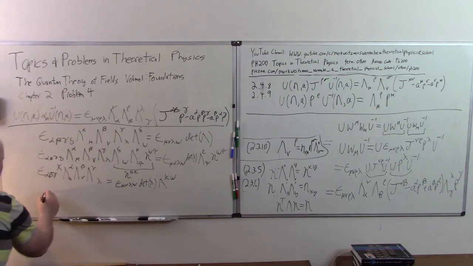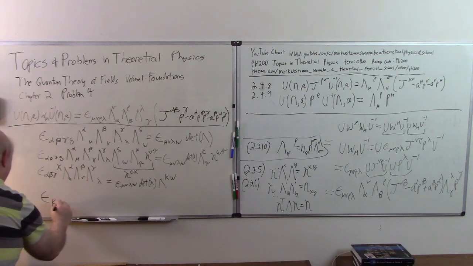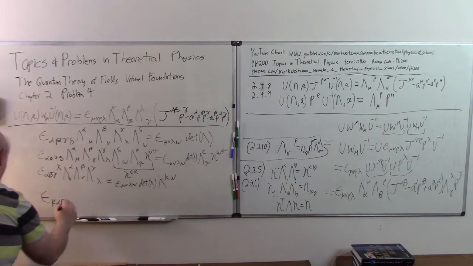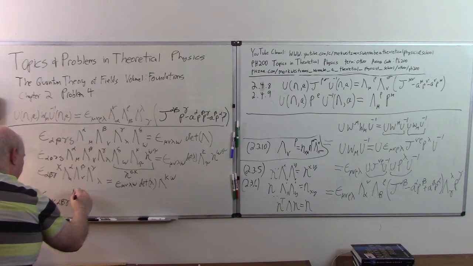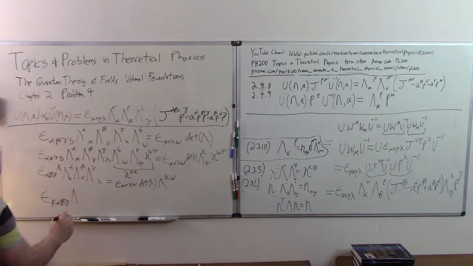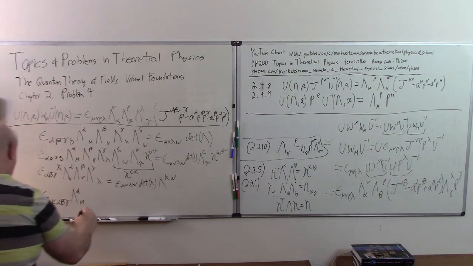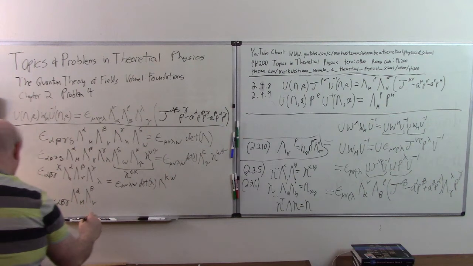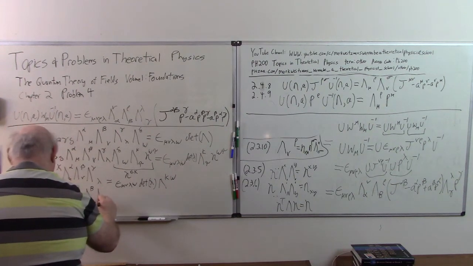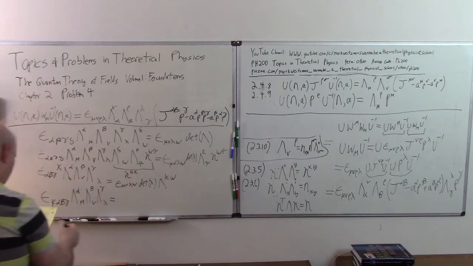So finally I'm left with epsilon kappa alpha beta gamma lambda alpha mu, beta nu, gamma lambda is equal to